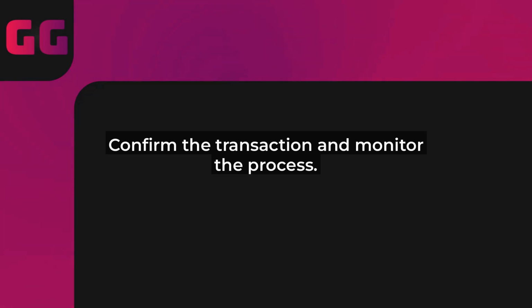Once the transfer is initiated, it could take a few minutes to an hour to process, depending on network congestion. Head back to Robinhood and check your wallet. You should see the USDC arriving soon. If it doesn't show up, don't panic. Just verify the transaction on a blockchain explorer.